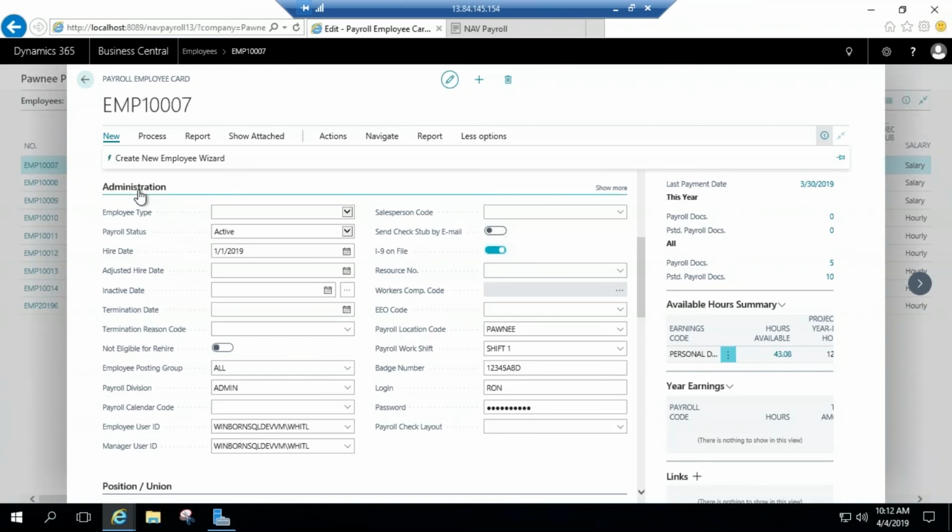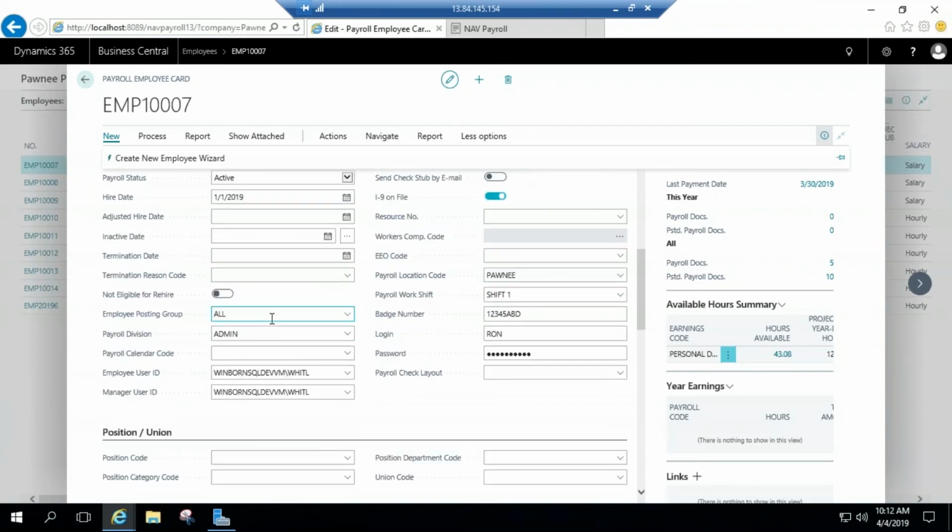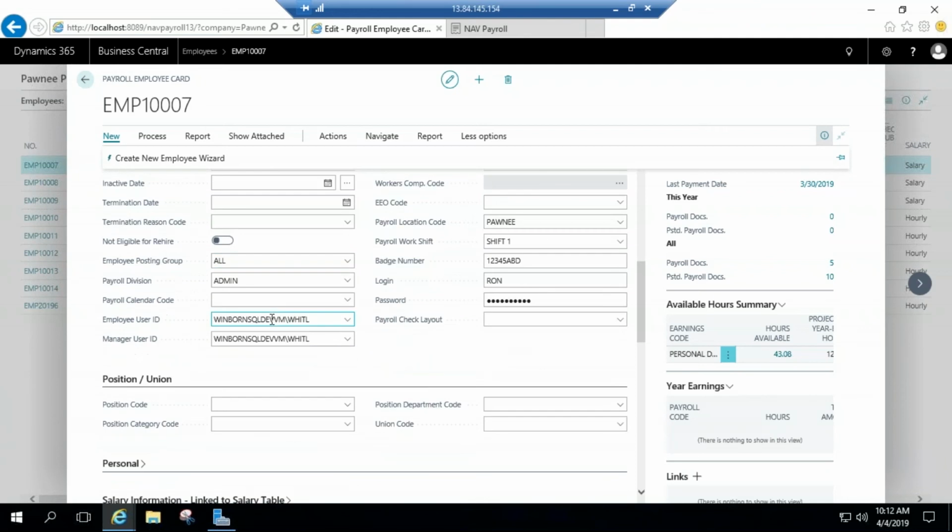So on the administration side here, as you can see, we've got a variety of fields where data can be entered, which obviously just leads to better tracking. Employee user ID, manager ID. This ties into the ability for you to tie a particular employee to managers for both approvals and for security settings. So within payroll, within our payroll solution,